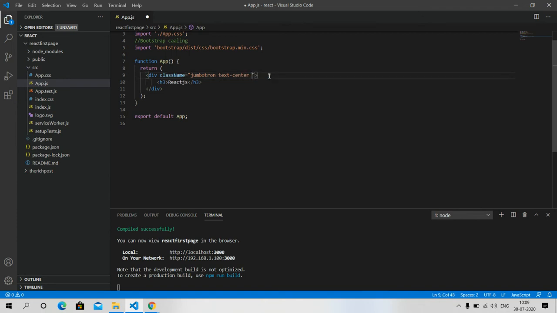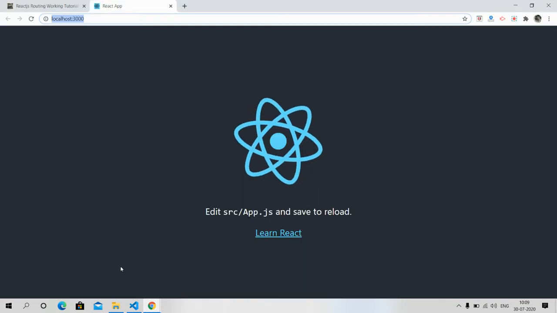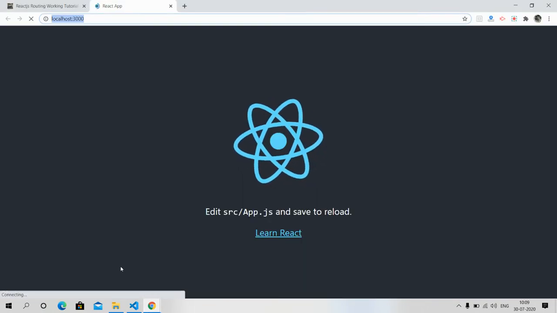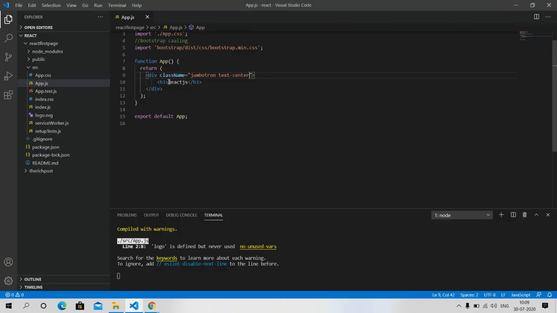This is my custom one. I will write down: first page in React.js with Bootstrap.